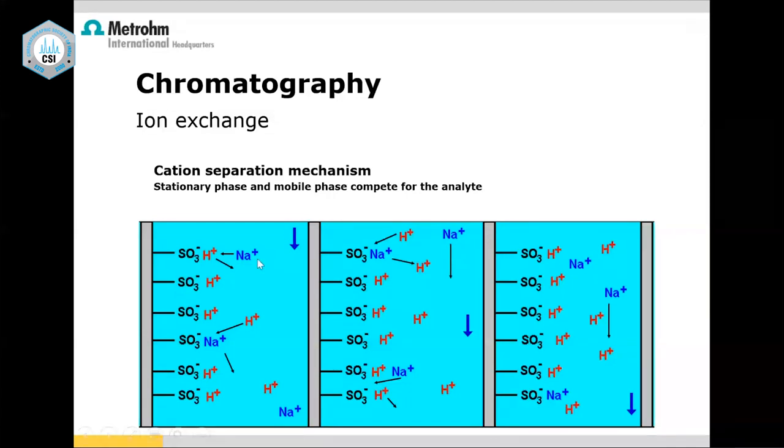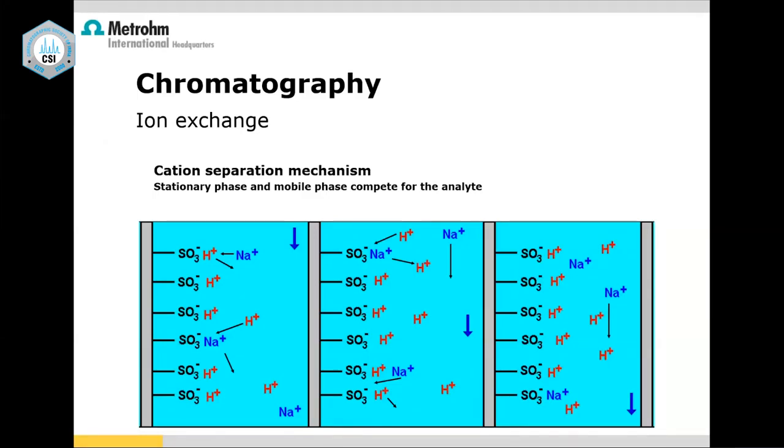Next, when the mobile phase carries the sample, sodium chloride, into the column, a first ion exchange takes place. Sodium takes the place of H plus, and H plus is sent out. Then, as I keep flushing the column with mobile phase, there is competition for one ion exchange site between one Na plus and several H plus. At one point, sodium is pushed out. Of course, there are other chromatographic conditions also, but I just want to make it very simple. This is kind of a law of mass action. So now sodium is sent out.